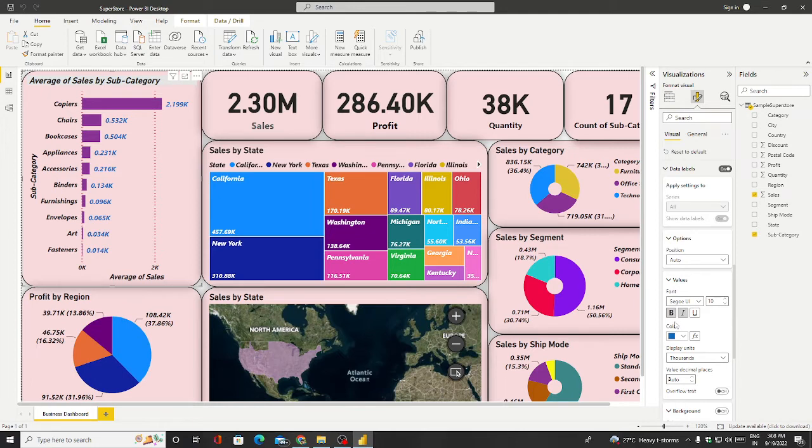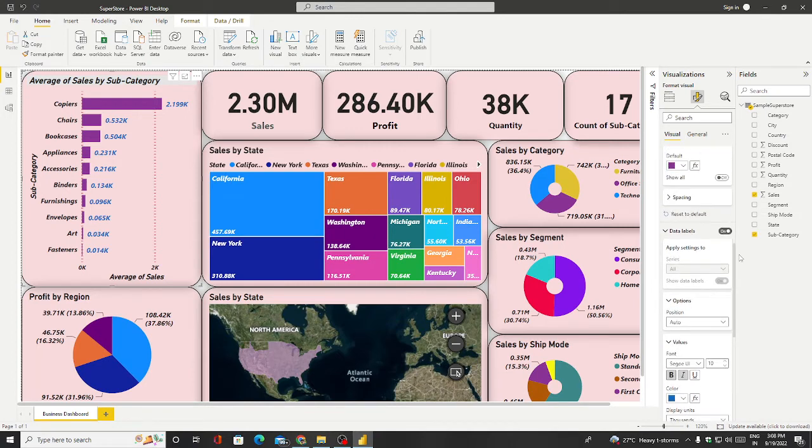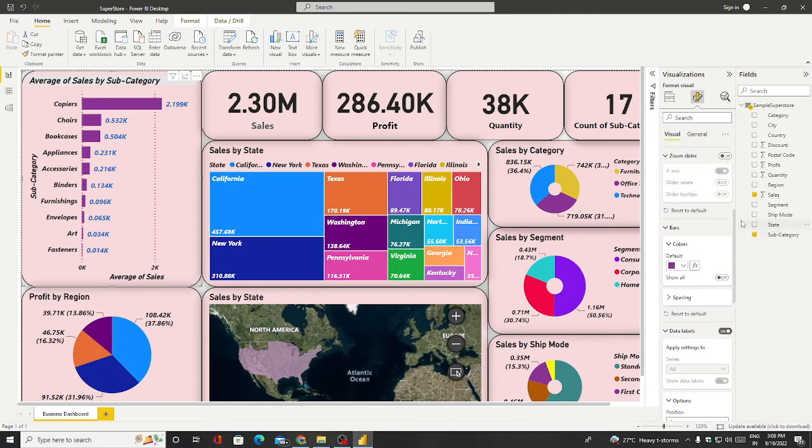If I click on this bold, I already bolded that part. If I turn off the bold, you see this value is coming normally. If I give bold, see, it is coming bold. So you can modify whatever you want. Let me show you one more thing, that is